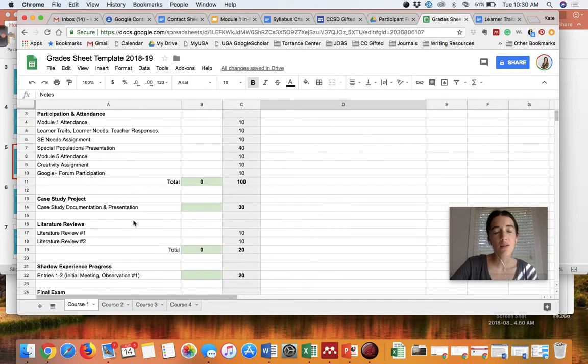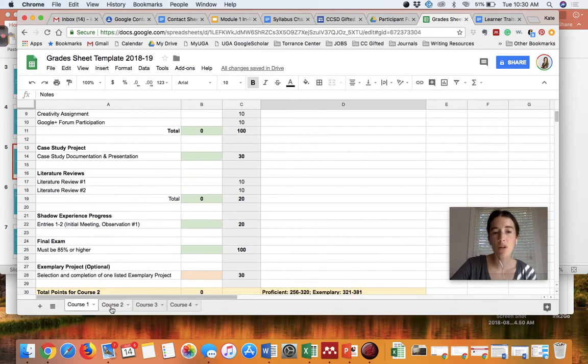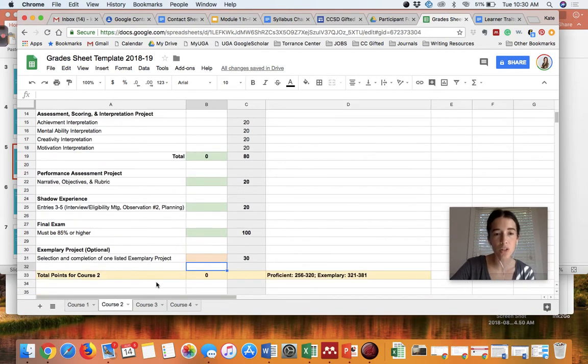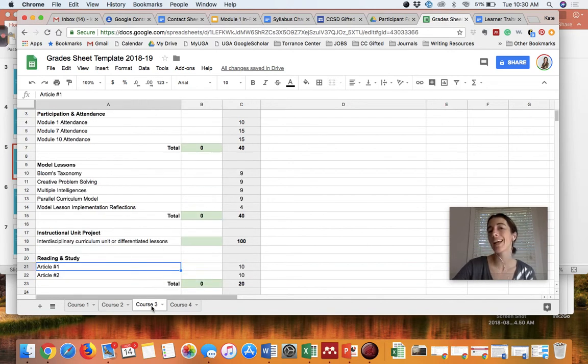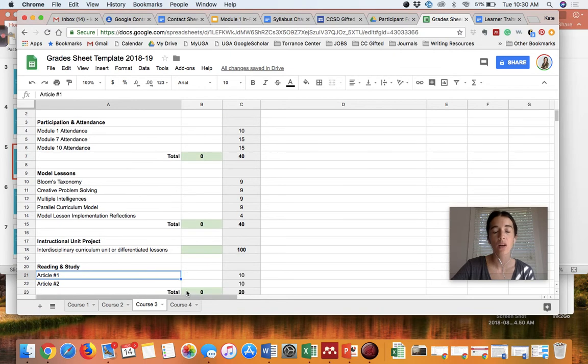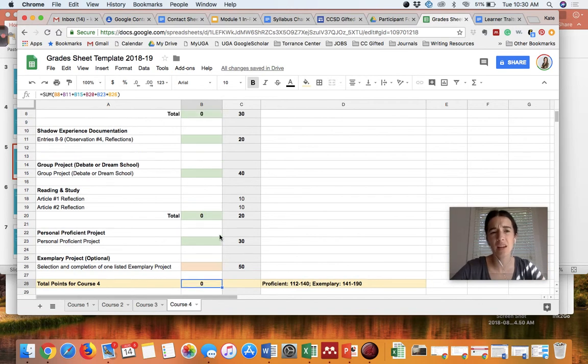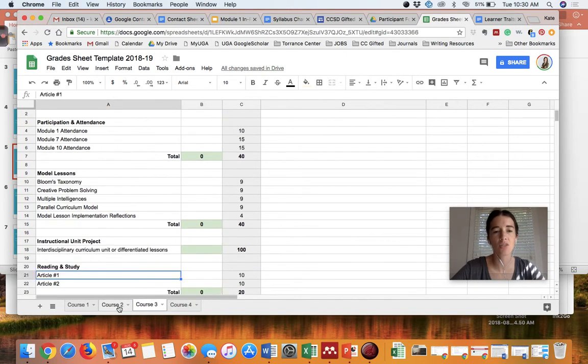Now, all of the items here in course 1 are good to go. That's exactly what they'll be, and I'm pretty sure course 2 is also good to go. I'm also like 90% sure that the assignments that you see in course 3 and course 4 are going to also stay the same. So I might edit this document later in the year if I feel like I'm changing the name of an assignment or that. But other than that, I don't foresee a whole lot of changes coming to this grade sheet.